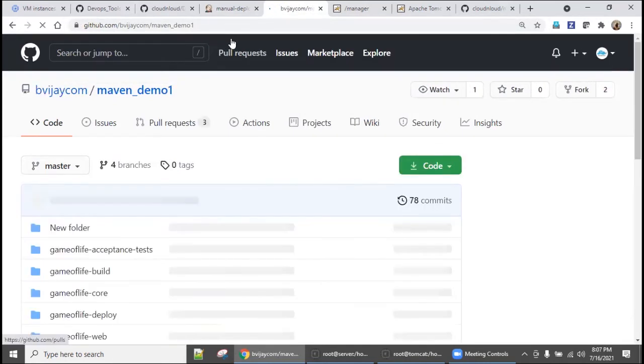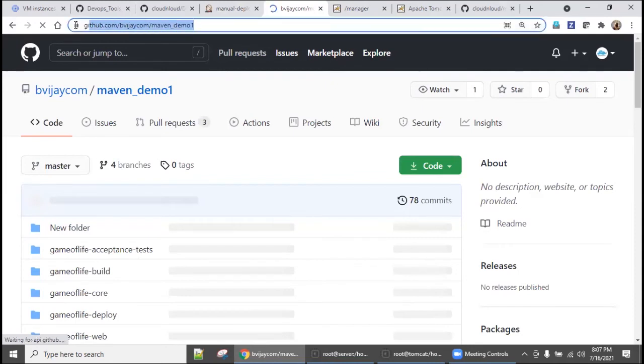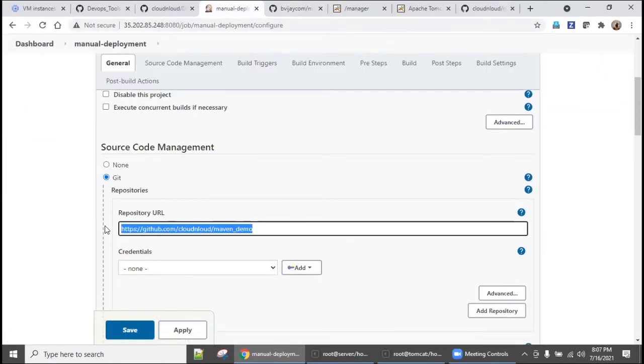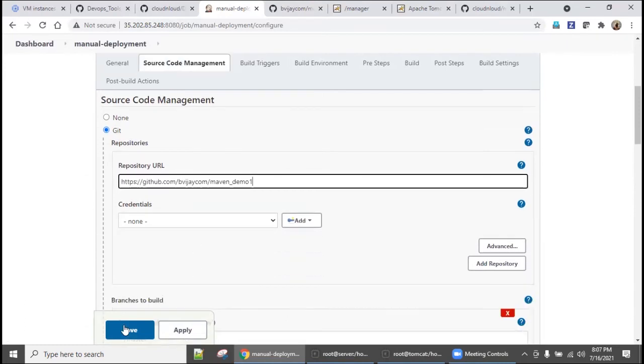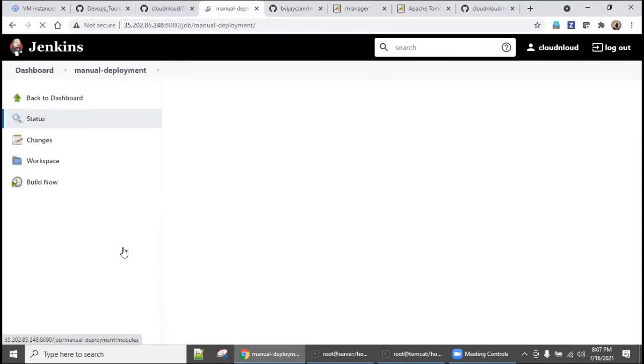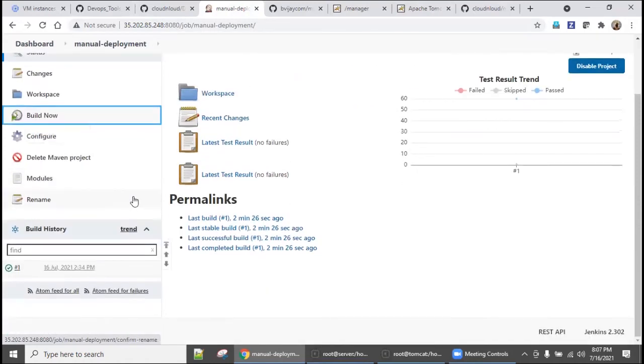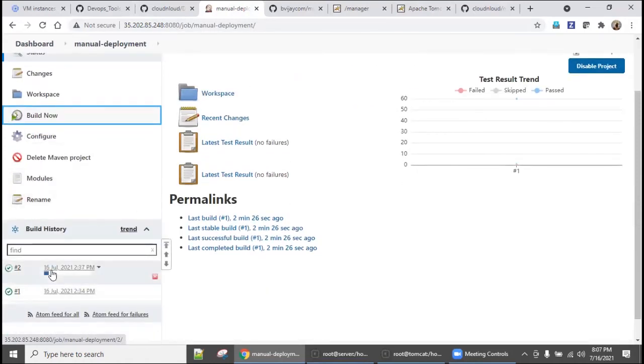So this code is somewhat old. So we will check it out. Instead of this, you can give it and say build now. So now it will pick up from a different source code management repository.